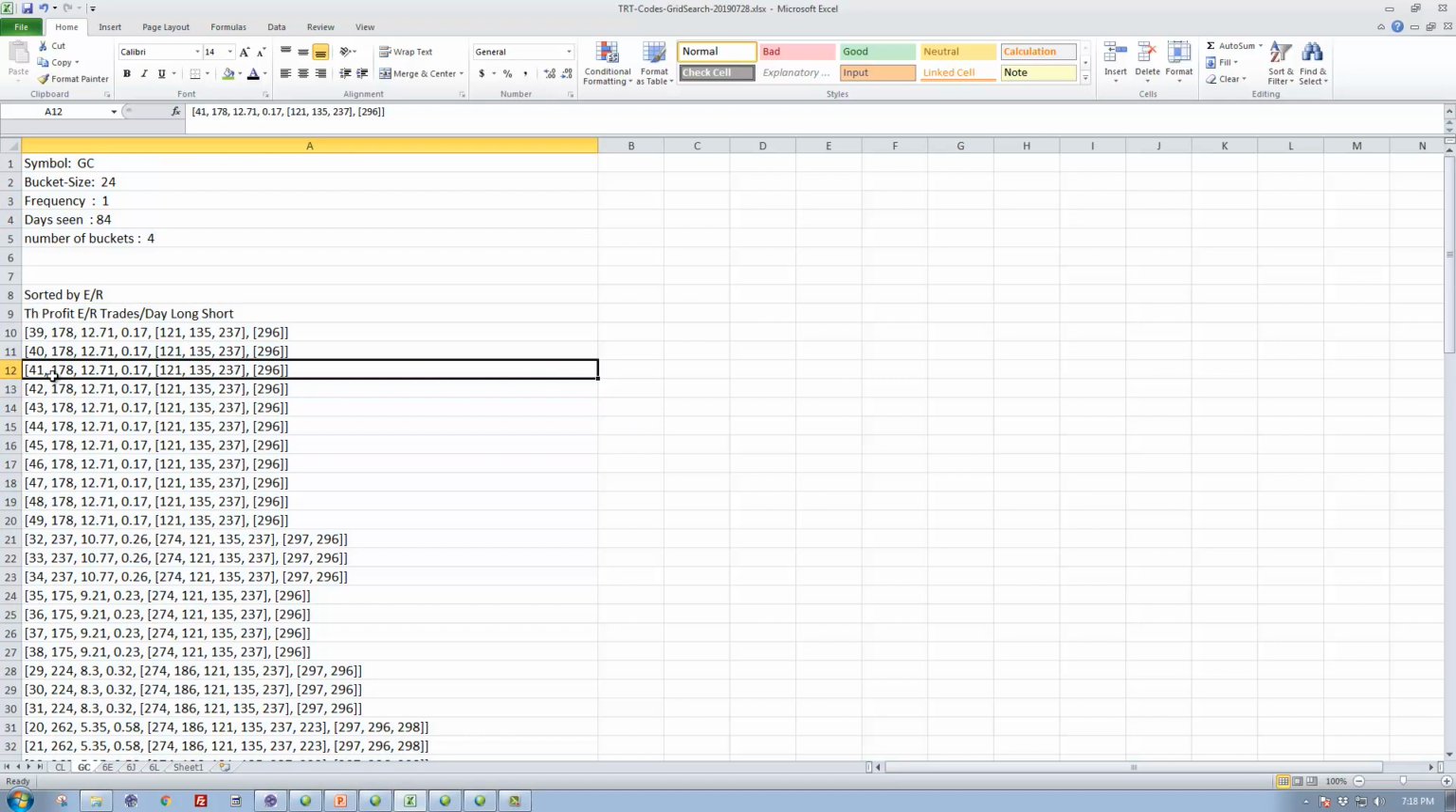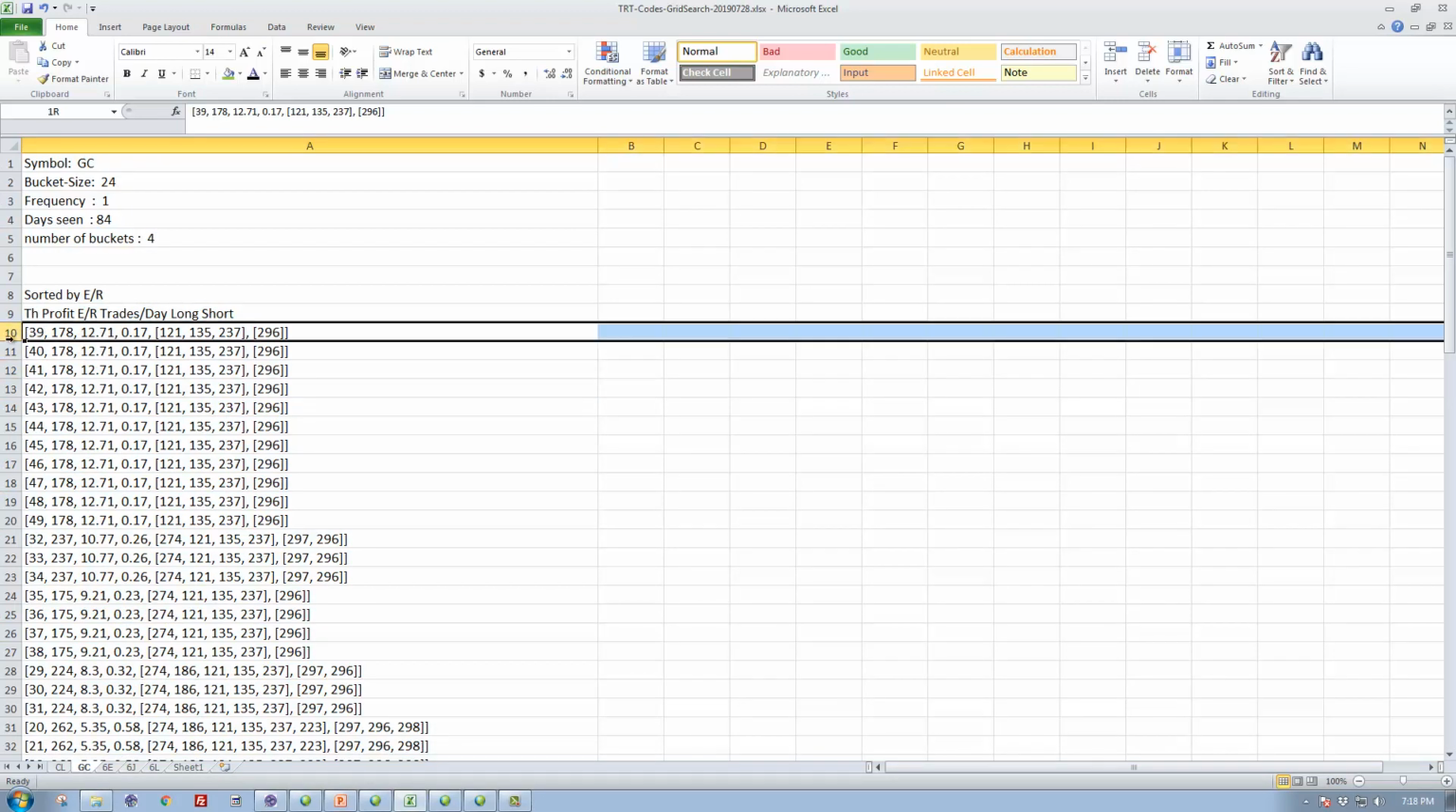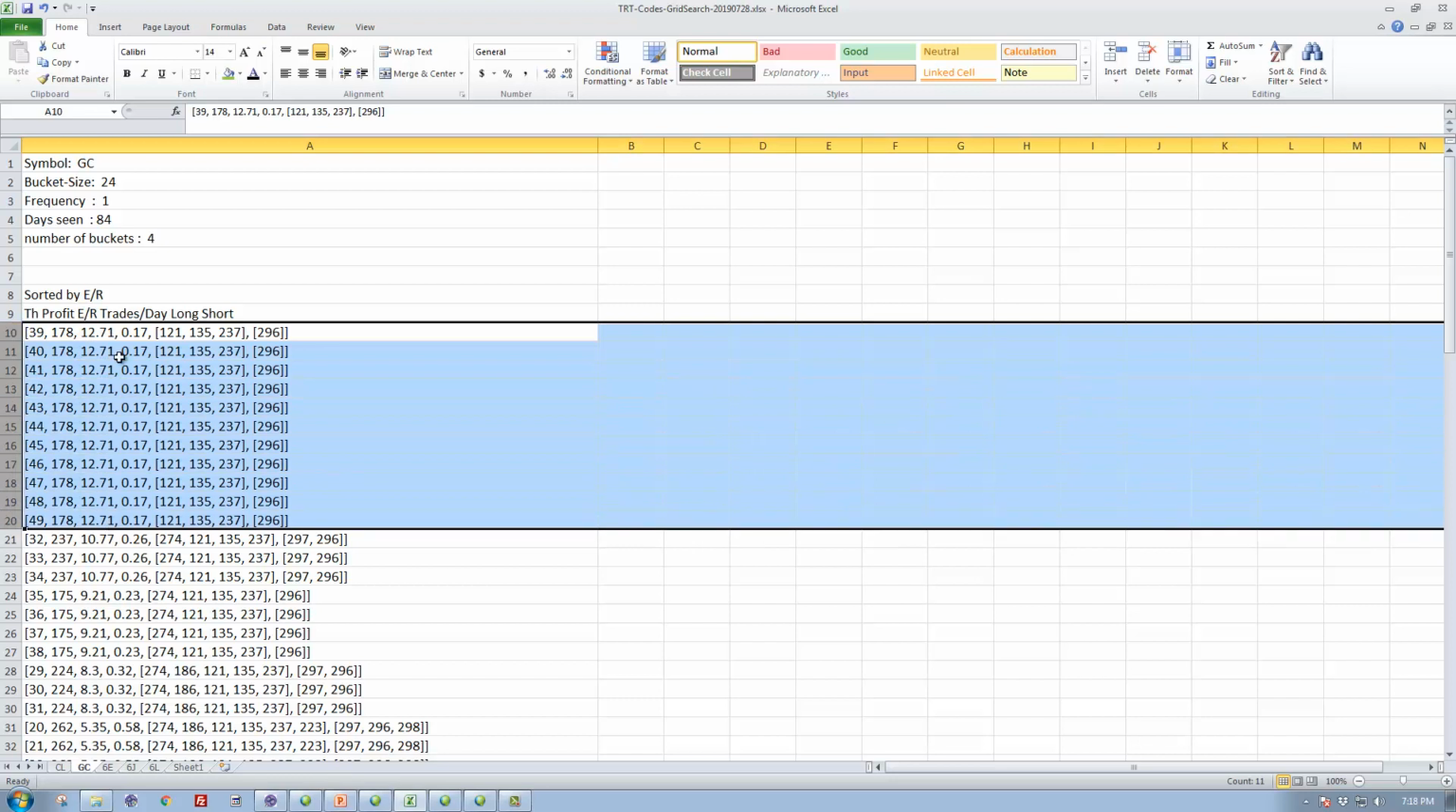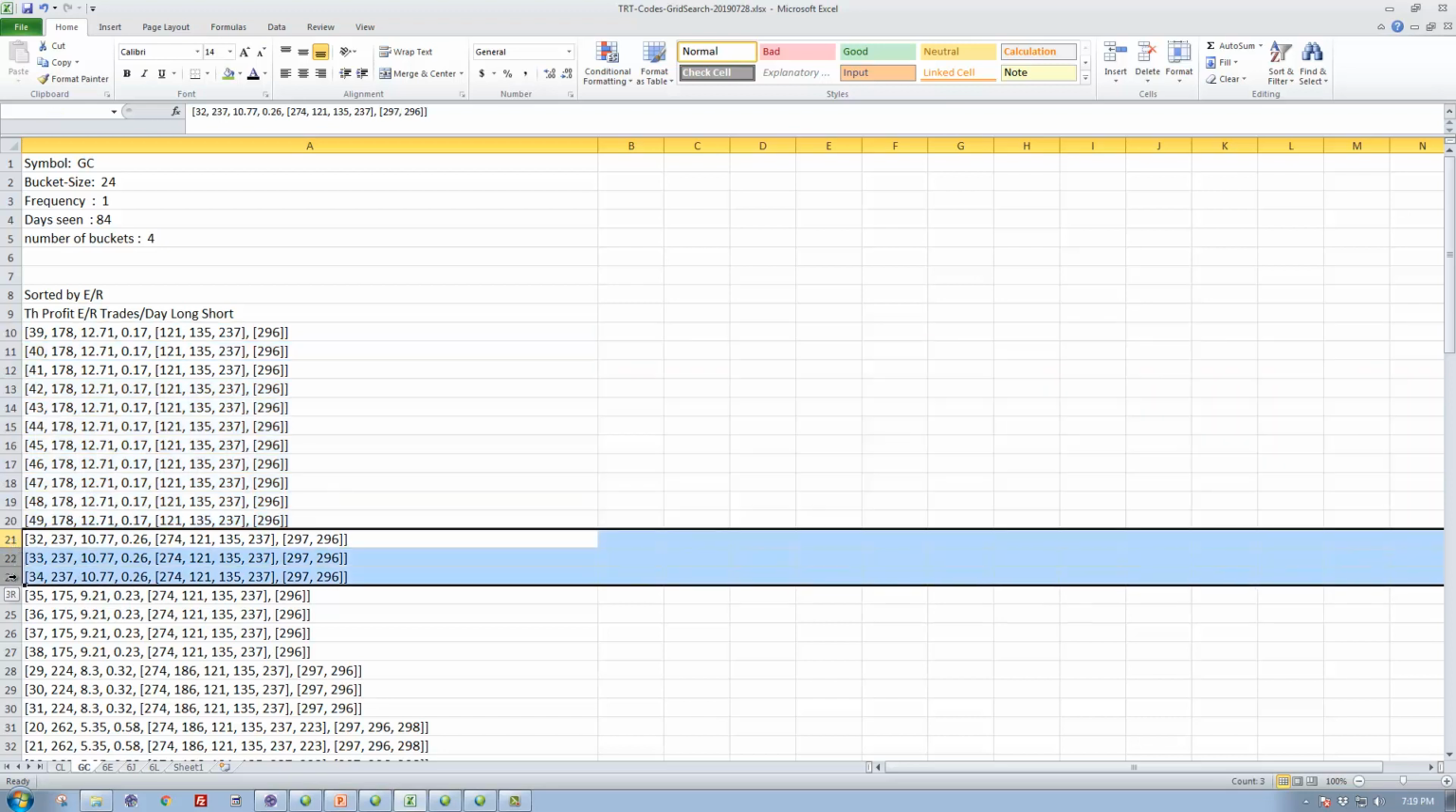So looking at it by ER, you can see there's a group here that's 12.71 overall ER, so 12 ticks per trade. The profitability is 178, so that's a number. That's not a good number or a bad number. It's just a number to compare to. If we go down to the next group, it's basically right here, and the profitability jumps up almost